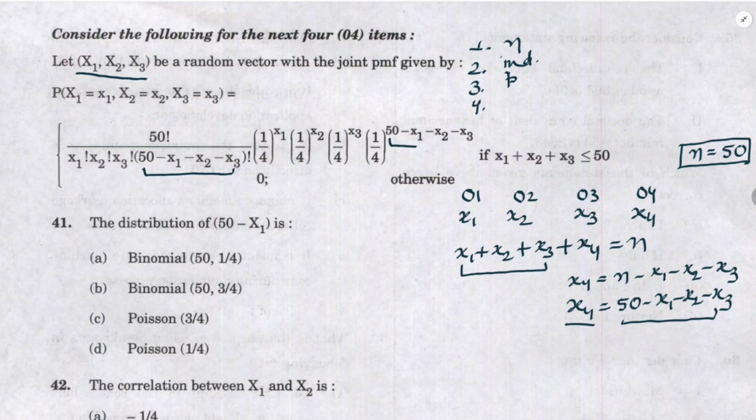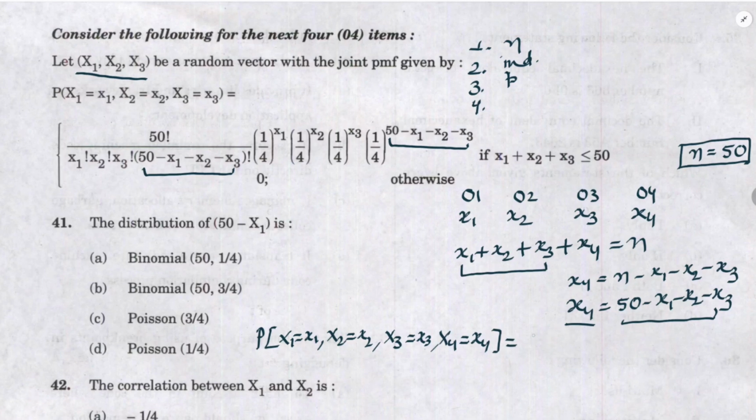Here also we have x4. So if we want to write the PMF again with 4 variables, what will be the PMF? The PMF will be P(x1 equals small x1, x2 equals small x2, x3 equals small x3, and then x4 equals small x4)